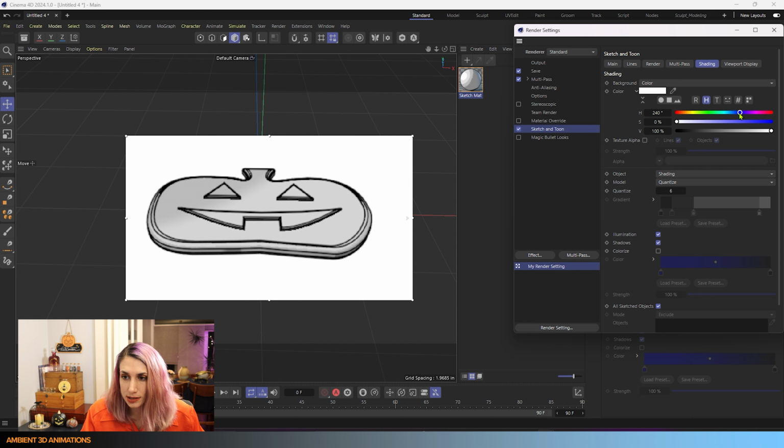Now you can adjust the background color if you'd like to. Maybe we'll make it a purple color because I feel like that goes well with Halloween, and the cookie is going to be orange and those colors contrast nicely. Once we do that, we can go ahead and